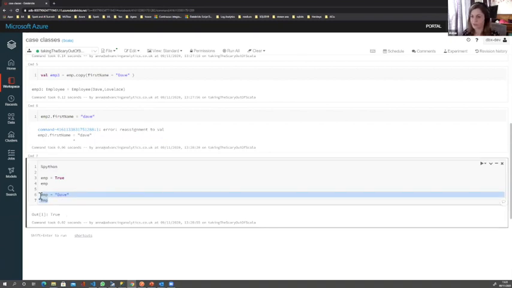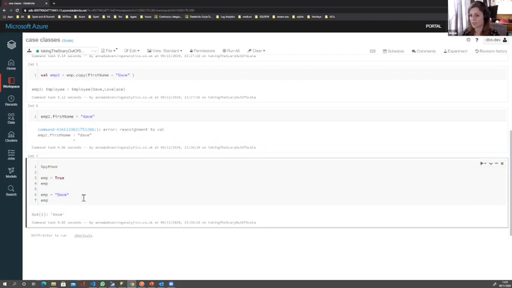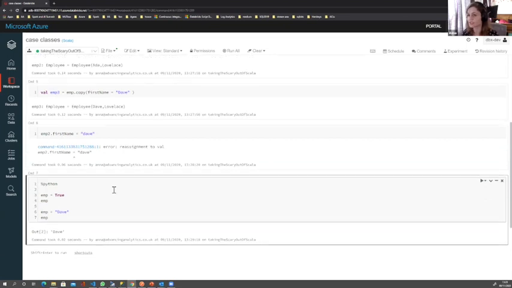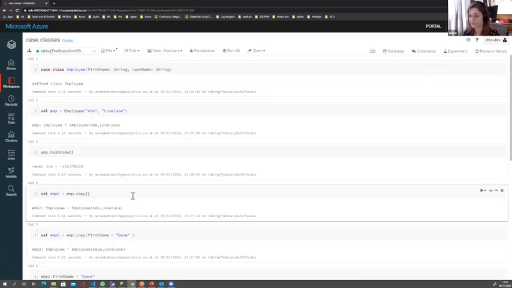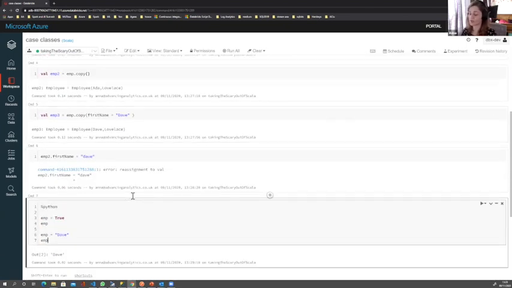But what we can do with Python, which may be a desired feature for what you're doing, but for a lot of very heavy data engineering can introduce bugs, is say emp is actually Dave. So you're not only changing the value, you're changing the data type. Scala doesn't allow you to do this, and that's what we're illustrating in all of this example code. It's immutable and you can't change the value.